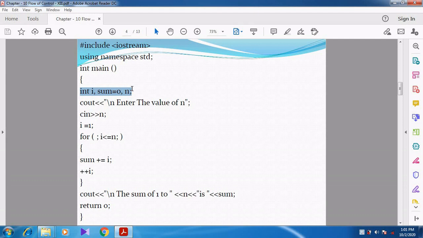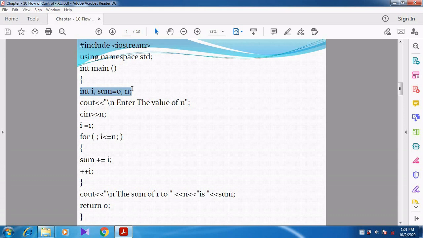So if the user gives 100 or 1000, I am going to find out the sum of 100 or 1000 numbers. Right. Now I have declared three variables: int i, sum equal to 0, and n.